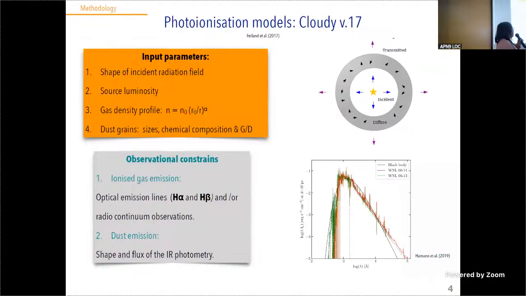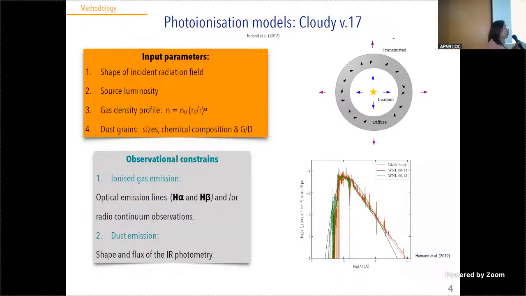So for these models, we use the photoionization code Cloudy. Why? Because we can model simultaneously the gas emission and the dust emission. Here is a cartoon of how Cloudy works. Here we have a central star surrounded by nebular material. So we need as input parameters the incident radiation field over the nebula,